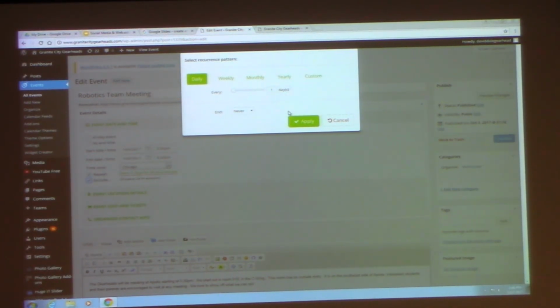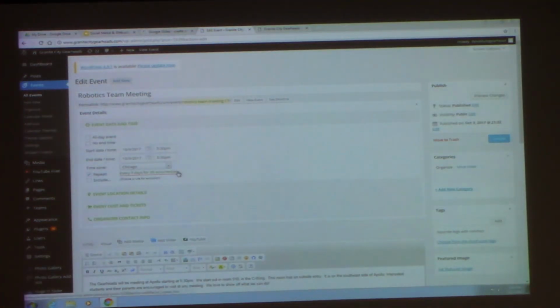Yeah, and with the calendar, you can also set recurring events too. And if you're having trouble finding some of those plugins, let me know. I'll be at the email that I put on the board, and I'm happy to help with any questions you have. And if you're having trouble with your website and you want to come down to our practices, we can probably spend some time helping you here.